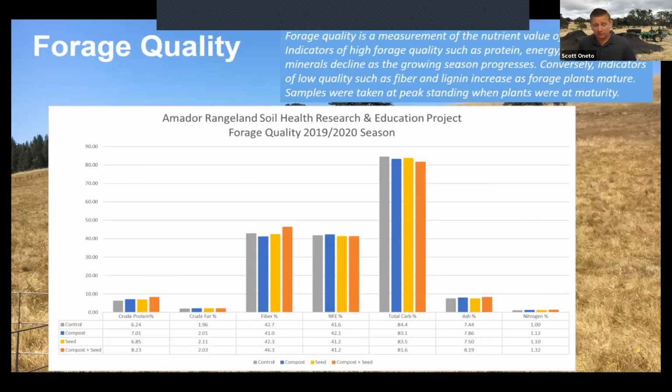The other thing, of course, is we were looking at forage quality. And that's just the nutritional value of that forage. And in 2020, when we took the peak standing data and analyzed the forage, these are some of the different nutrient values that we were looking at. And I'm not going to go over all of these because there's not big differences, surprisingly, but there is one that we do have a tendency to focus on, which is crude protein, which is a really good indicator for